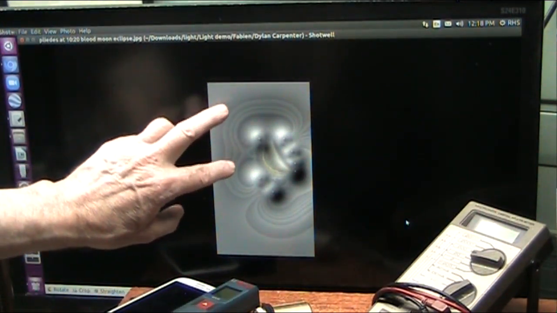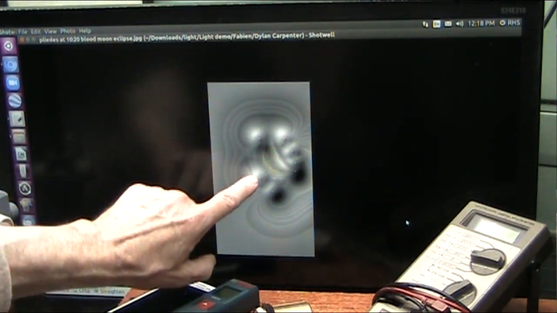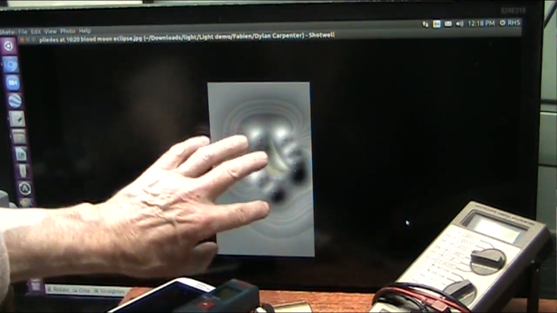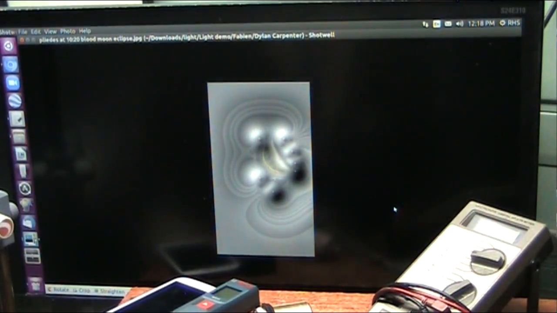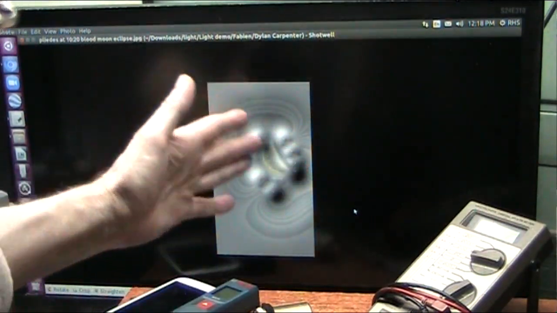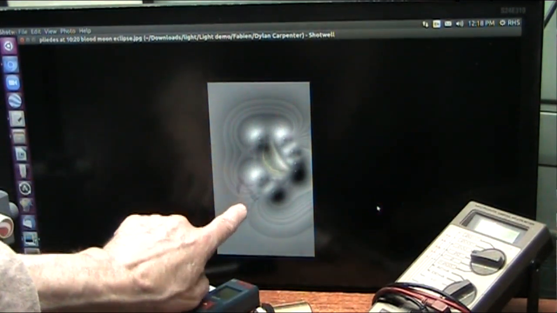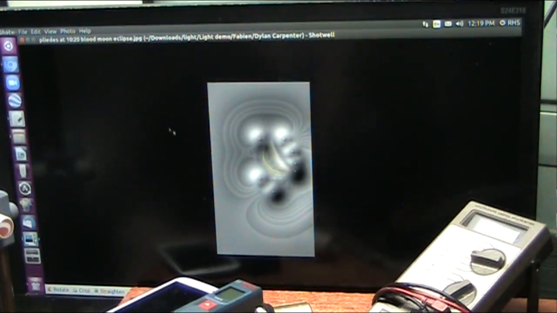These fields are interacting with each other at long distances, it appears. And look at this. This is a lot of whitish area here, and then you've got this blackish area over here. So there's some interaction of the stars or planets or whatever they are. I don't know what they are. But their fields are affecting each other. I mean, these fields are obviously affecting each other. Now, these fields are blowing back. I don't know. There's so much to look at now, it just blows my mind.